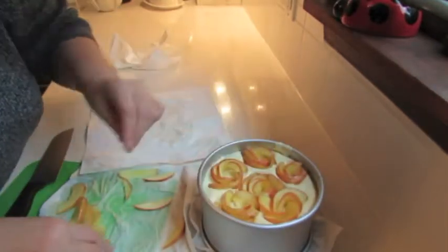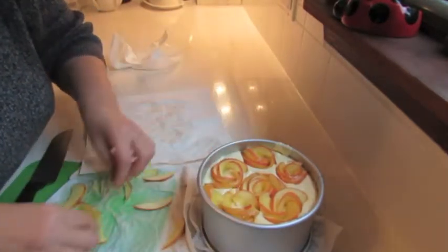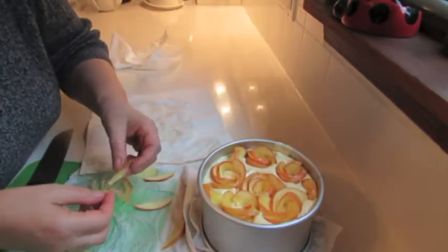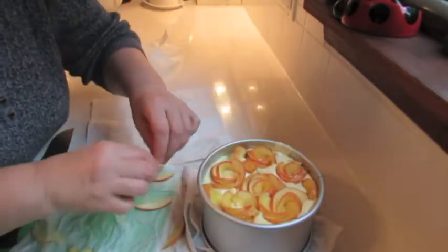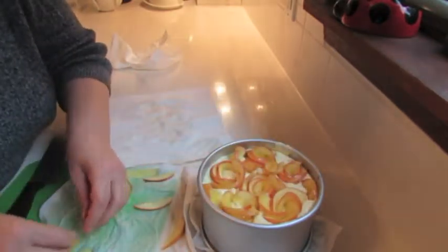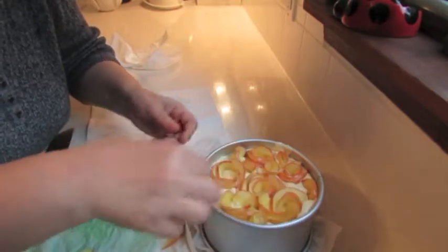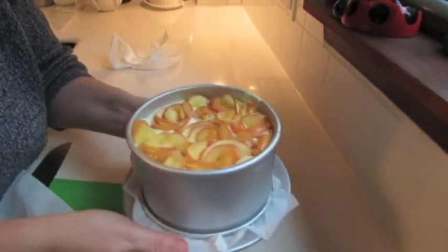That's it. The leftovers, you can just make a little borders here and there. You can fold them individually, the leftovers, and place them in between, just like that. All done, and now this goes into preheated at 320 degrees oven for about